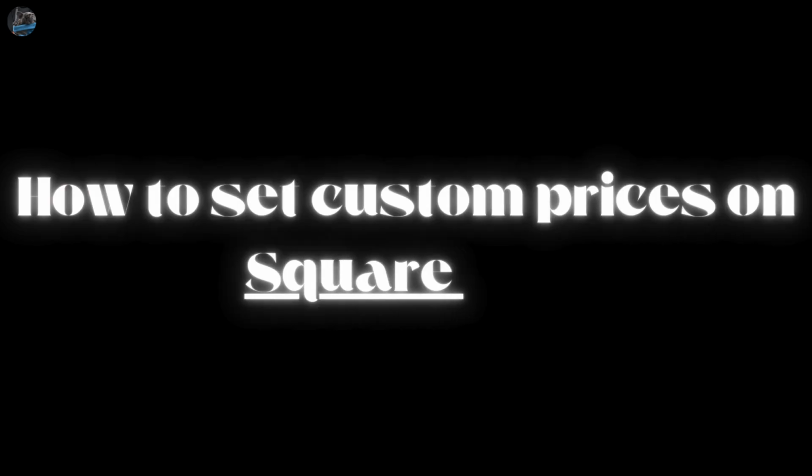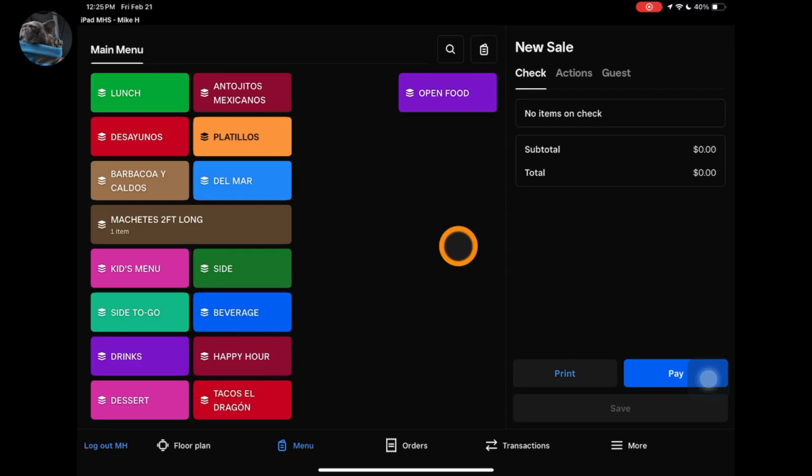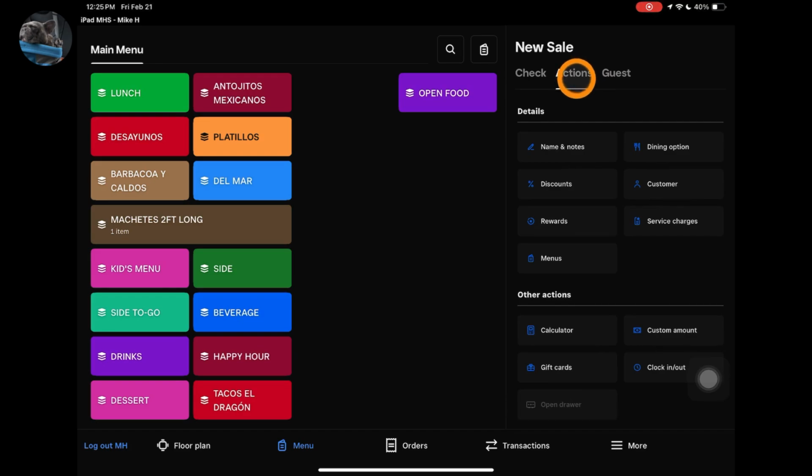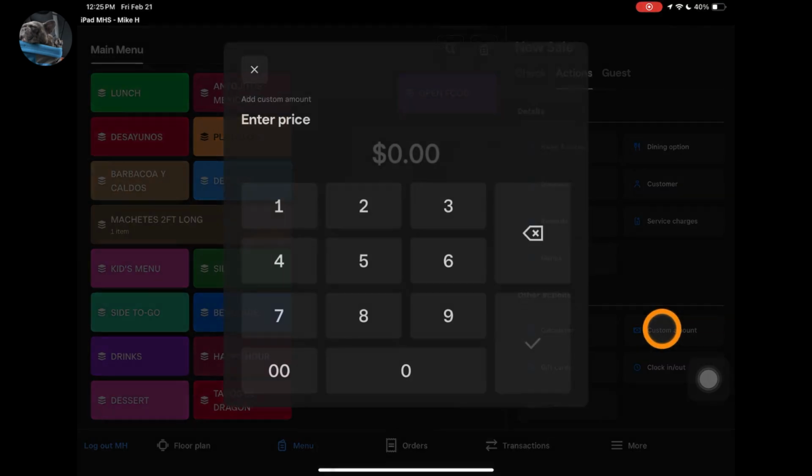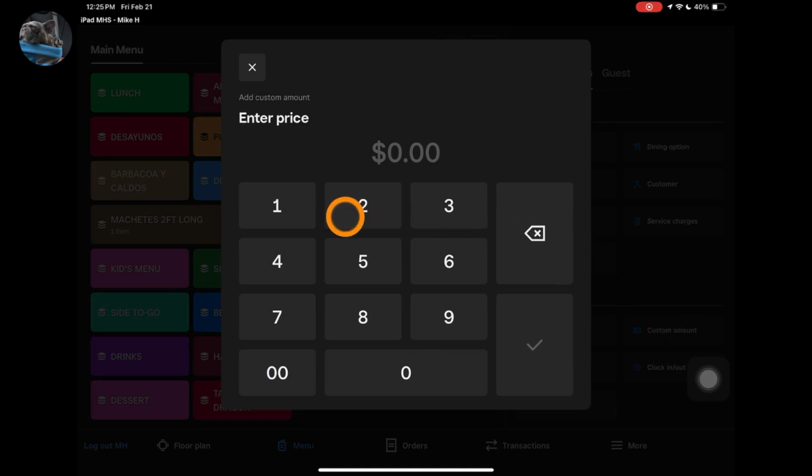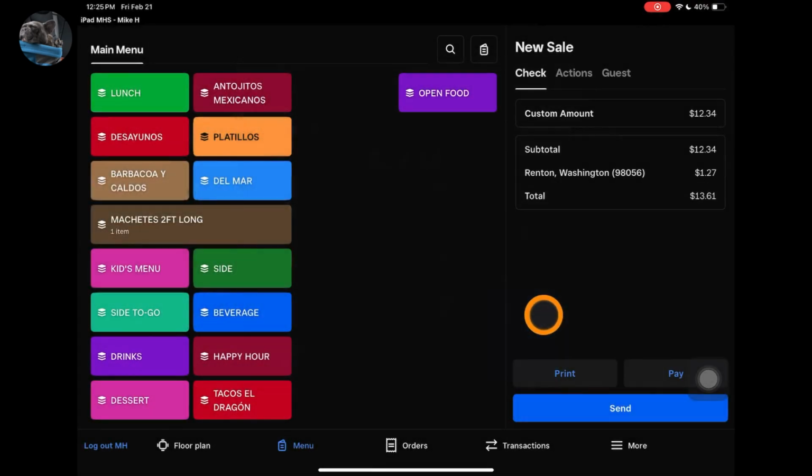For today's tutorial, we're going to be learning how to set custom prices on Square. First, you're going to go over to the Actions tab and click on it. Now, you're going to go down to Custom Amount. Set your custom amount in the keypad,